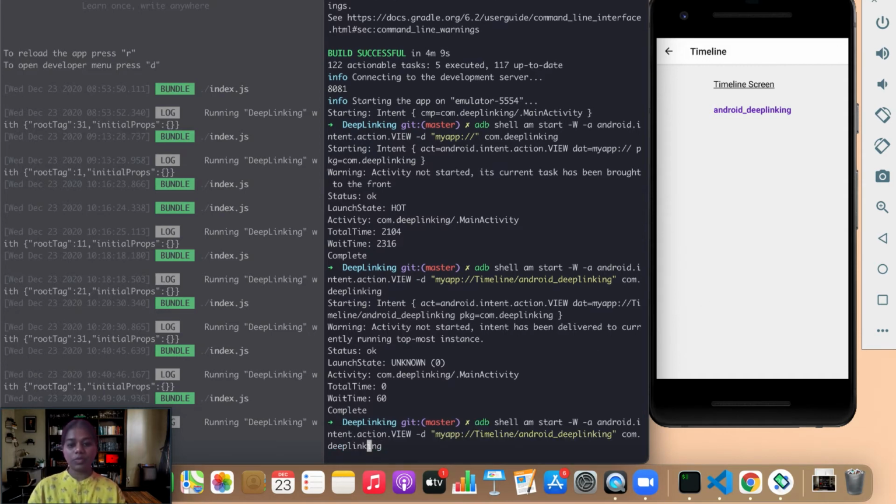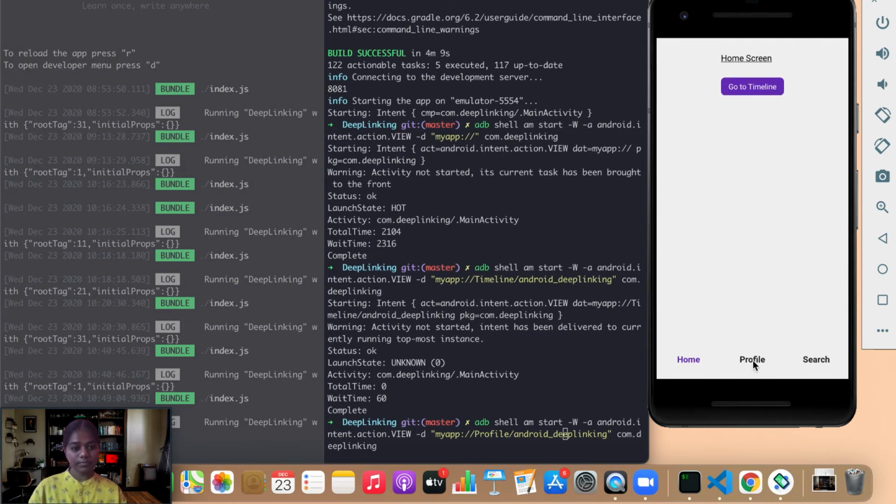Now I'm going to go to the profile screen. Let's say profile. So by default, the profile screen has the value Gayatri in it. My system is actually hanging, that's why it's taking a good amount of time to load. So in profile by default, the username is Gayatri. Now I'm going to change it to Anish.